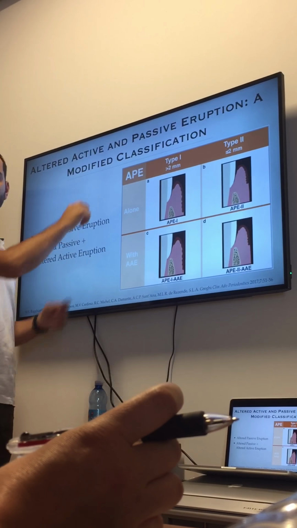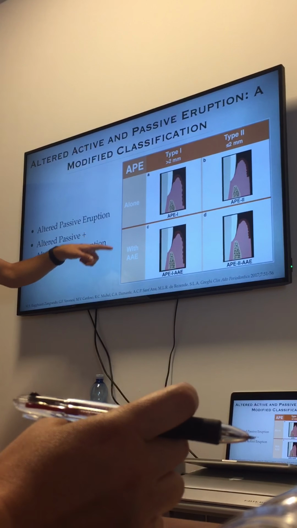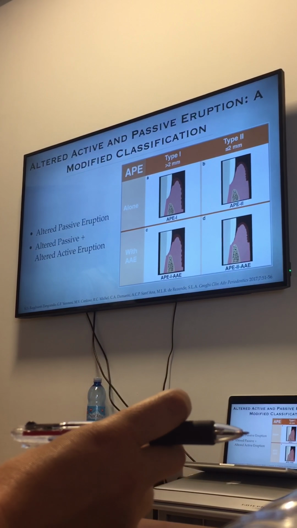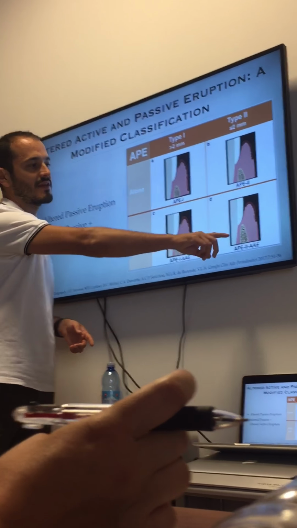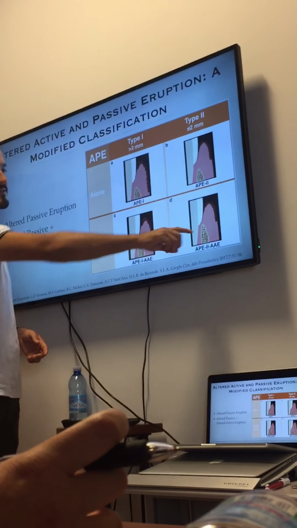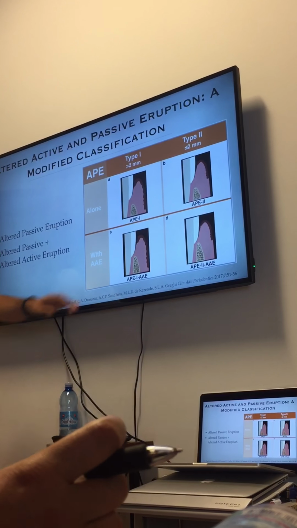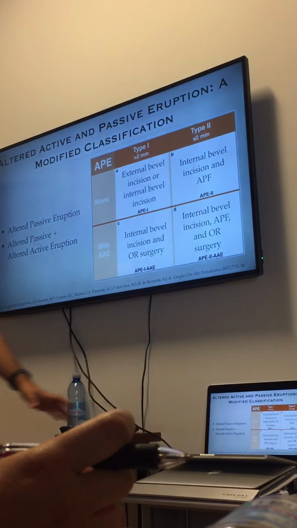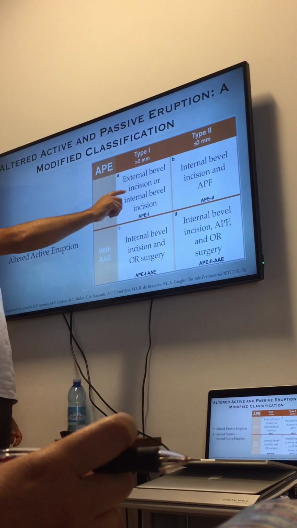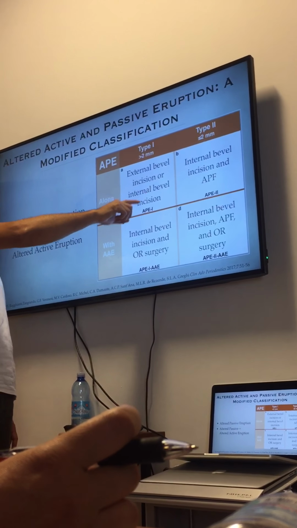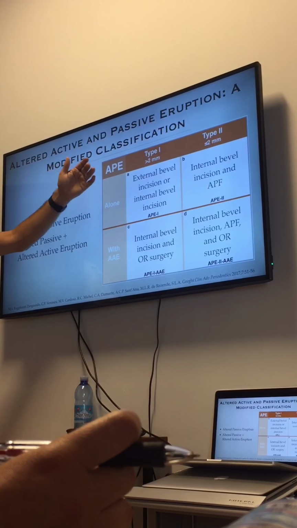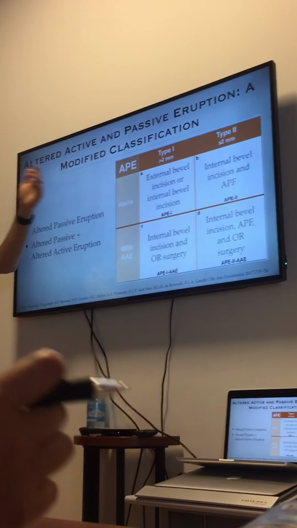And in altered passive eruption with altered active eruption, so you have an alteration of both processes, then in this case you always have the bone closer to the cement enamel junction. So you know that in these cases you have to do osteoresective surgery. So basically it's just the same as before. In altered passive eruption alone and type 1, you can do an external bevel incision or internal bevel incision, gingivectomy basically. When do you do external bevel and when do you do internal bevel? Well, basically,